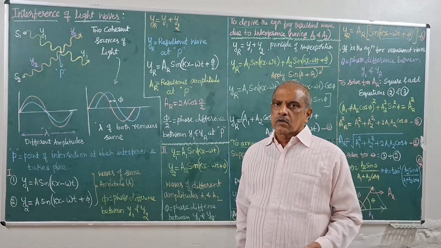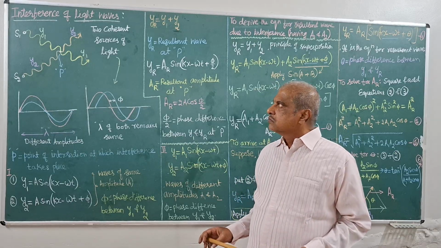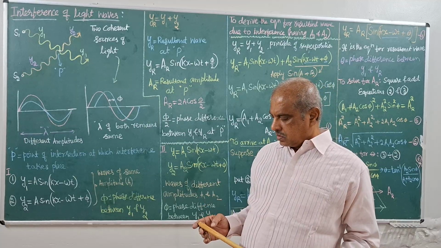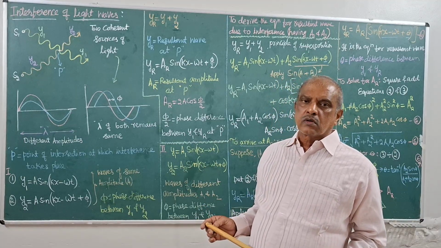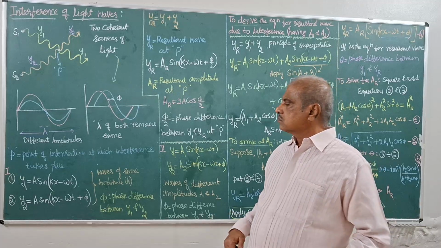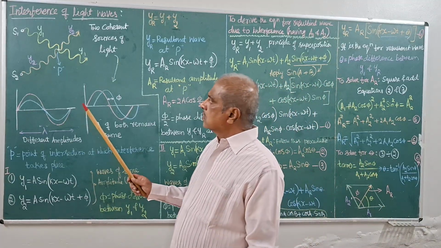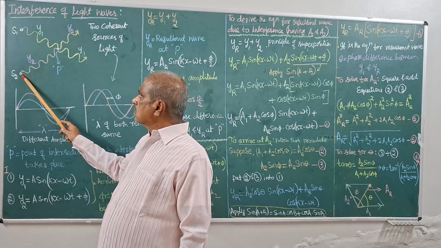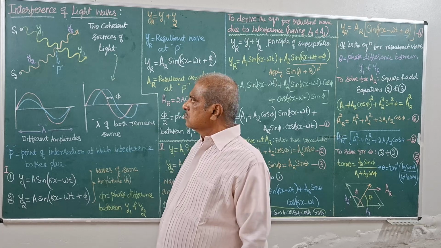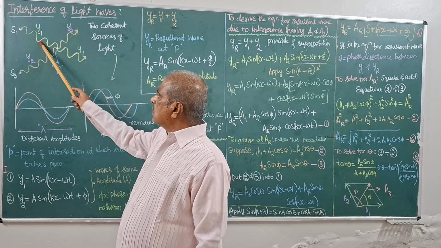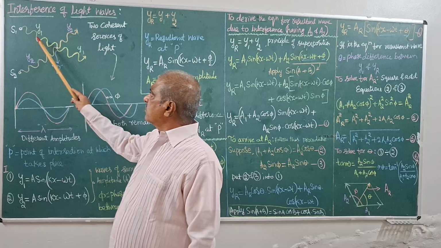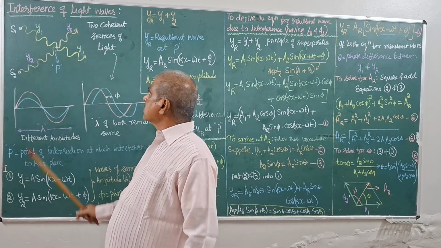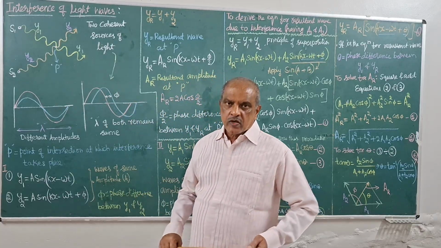Continuing our previous discussion on the interference of light, in this session, let us go deeper into the topic. Here, there are two sources of light which are known as coherent sources, and these waves of light are emitting from these two sources. Hence, these waves are also known as coherent waves,